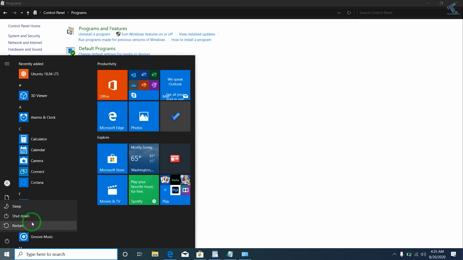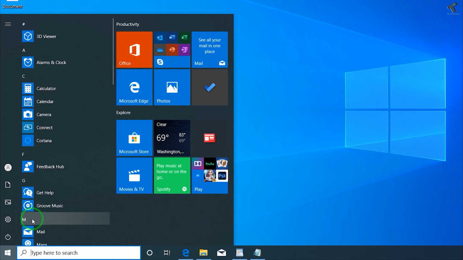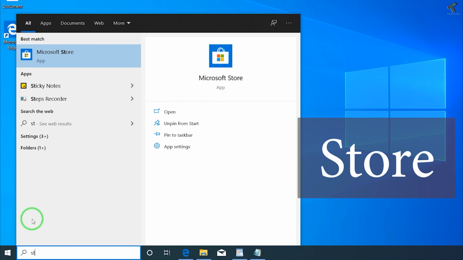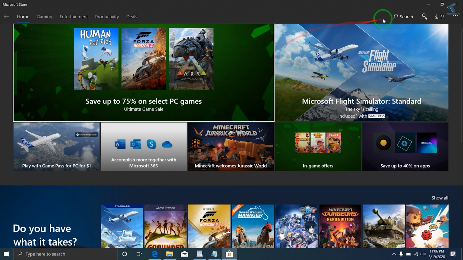Okay. So after installing the subsystem for Linux on your Windows 10 computer, you have to go to your start menu and search there for store, and after that you have to click on Microsoft Store, and from the right side you will get one search box as you can see.